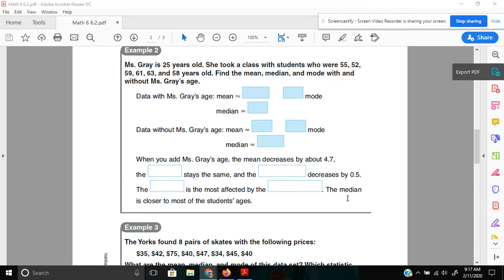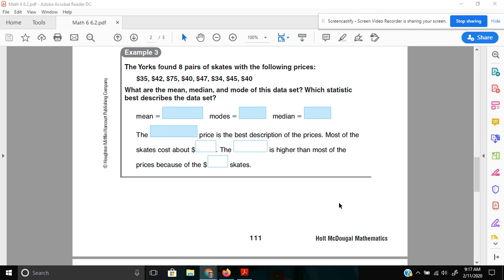Right. Last example here, example 3 says the Yorks found 8 pairs of skates with the following prices. What are the mean, median, and mode of the data? And what statistic best describes it? Okay, so for the mean, adding up all our numbers, again, feel free to use a calculator here: 35 plus 42 plus 75 plus 40 plus 47 plus 34 plus 45 plus 40 gives me a total of,